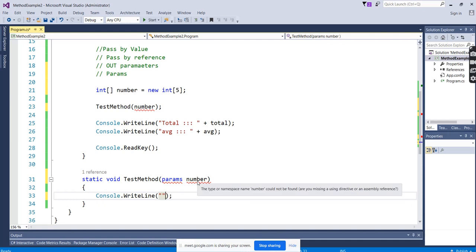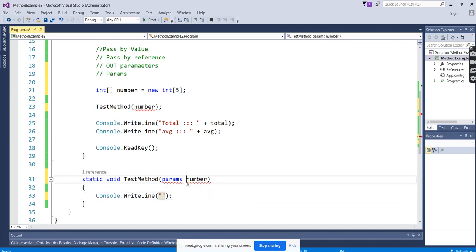Again, we are making the same mistake as the previous one. We have to mention the data type also, right? Previously we used to mention number, integer, all those things. But now we are passing an array, so the data type we have to mention is integer of type array. We have to mention integer array in the method parameters.